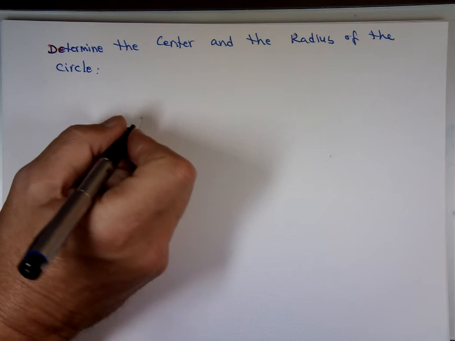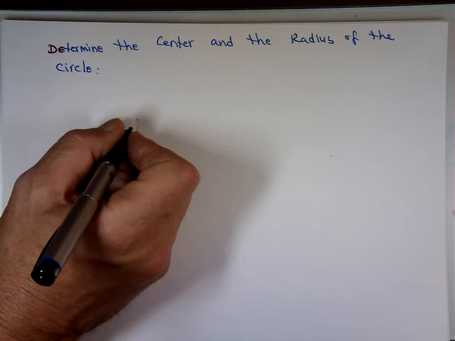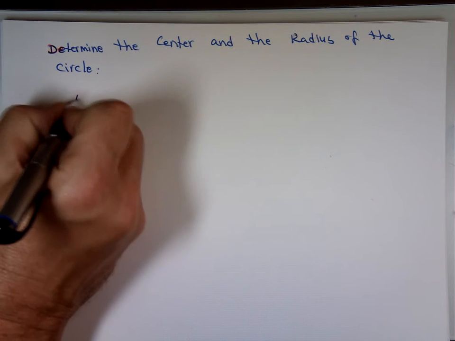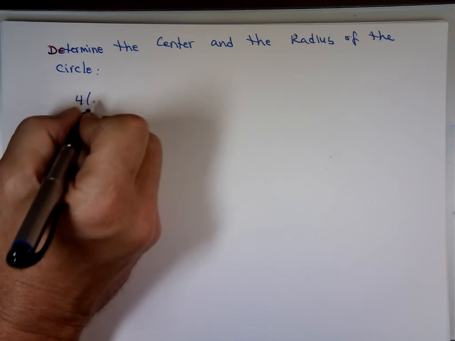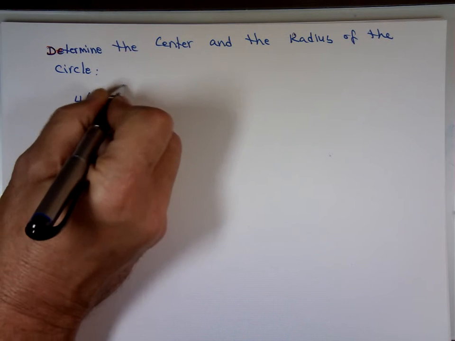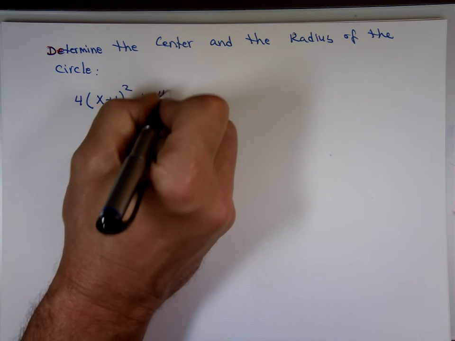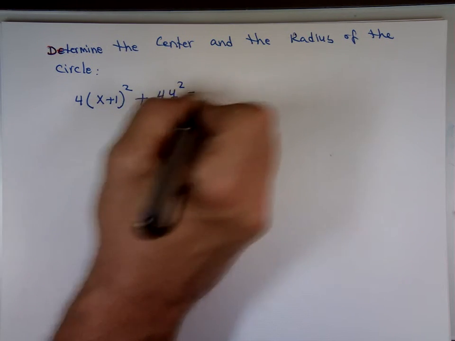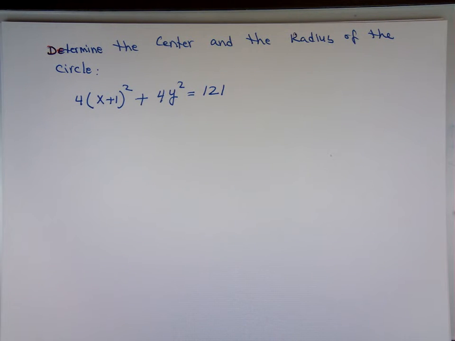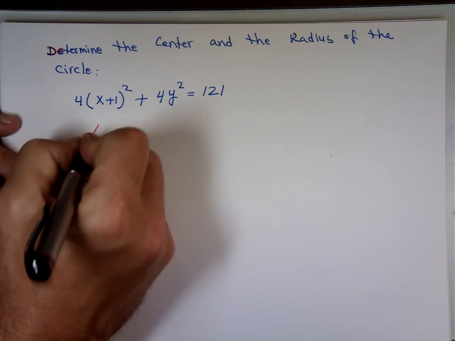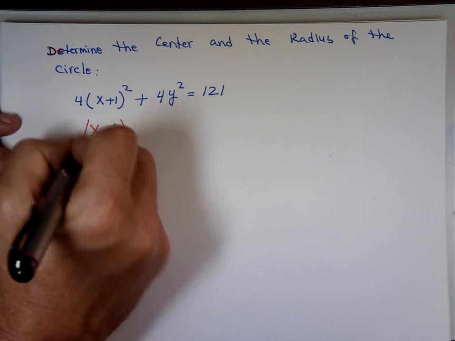And the equation for that is four times, I'm putting a twist in it, x plus 1 squared plus 4y squared equals 121. I'm telling you it's a circle. I already made that statement. What is the standard form for a circle? X minus h squared